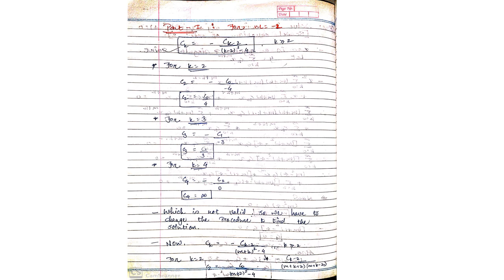Okay, so from this we can say that this one is case 3, but from which condition? From the second condition. As we know, there are two conditions. In the first condition you will get an indeterminate form, that is 0 by 0 form, and in the second condition you will get infinite constants, infinite value of constants. So here we are getting infinite, it means case 3 second condition will be applied. Which is not valid, so we have to change the procedure to find the solution, right?